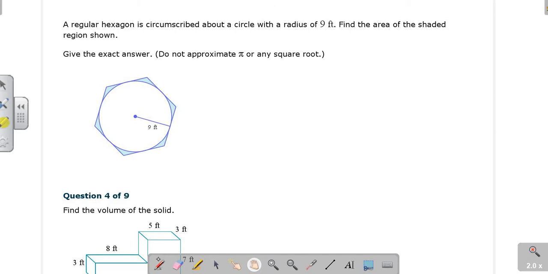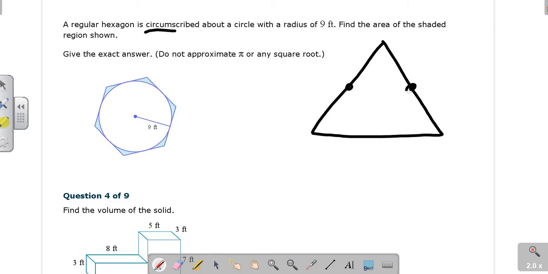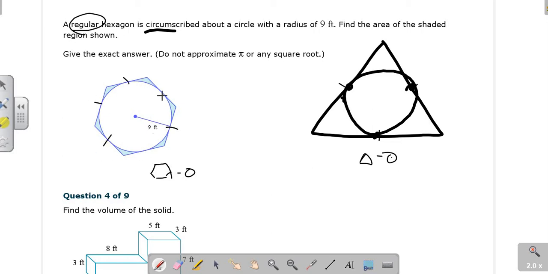It says a hexagon is circumscribed about a circle with a radius of 9 feet. There's two versions of this. There's one with the hexagon and another one with an equilateral triangle. So you make a picture equation. This would be hexagon minus circle, and this would be triangle minus circle. And because this would be an equilateral triangle, and it says right here this is regular, our equation is going to be,